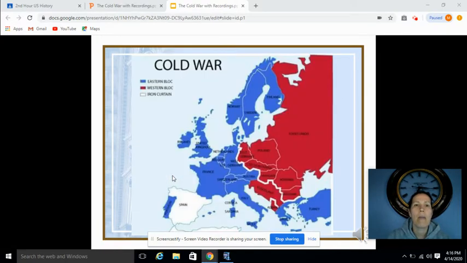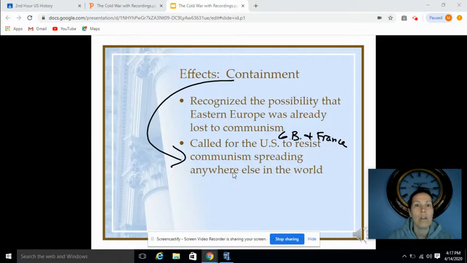So if you look at the map I have here, the red and blue sections are both from the Cold War. Red section is the Soviet territory that they took over, and the blue section is obviously the Allies like America, France, Great Britain. Neither of us wanted to get involved in another war. We just finished a war. So that's the biggest thing. Even though we were upset with them, we weren't going to go to war over it. And so that's what started this whole situation. So the best way for us to do that, we decided, was something called containment. We wanted to contain the portion